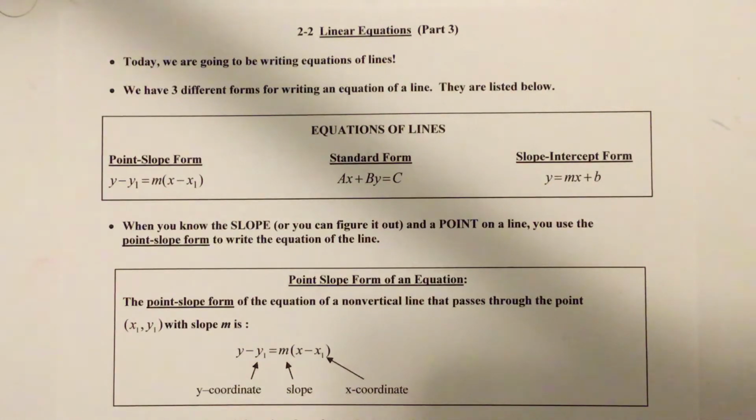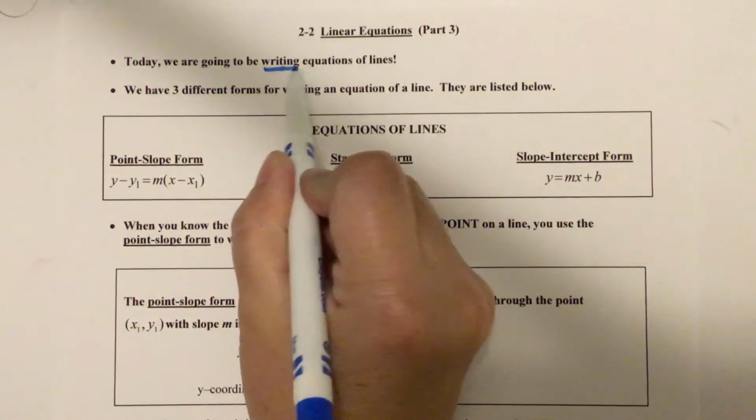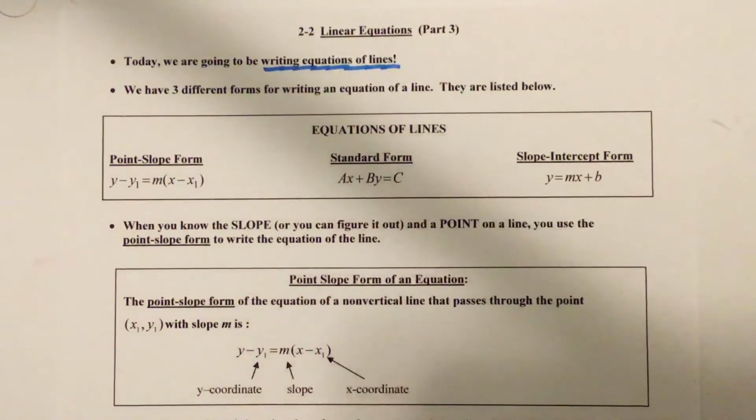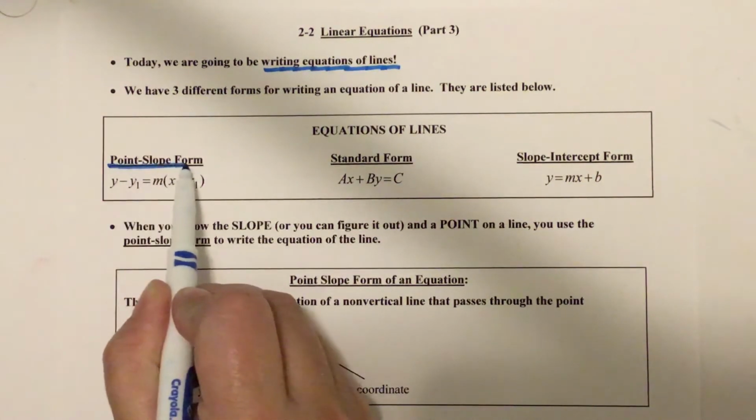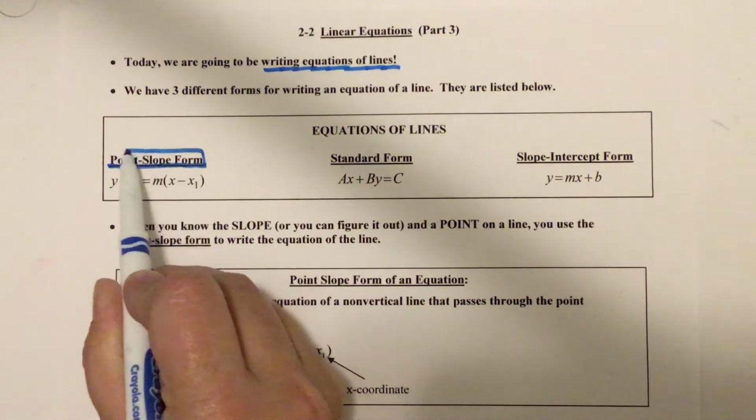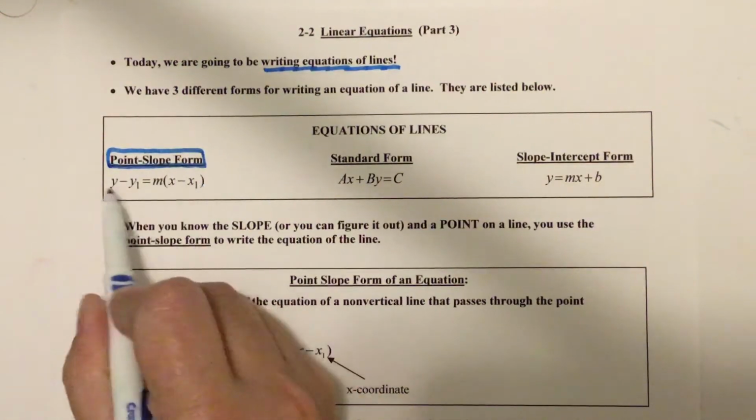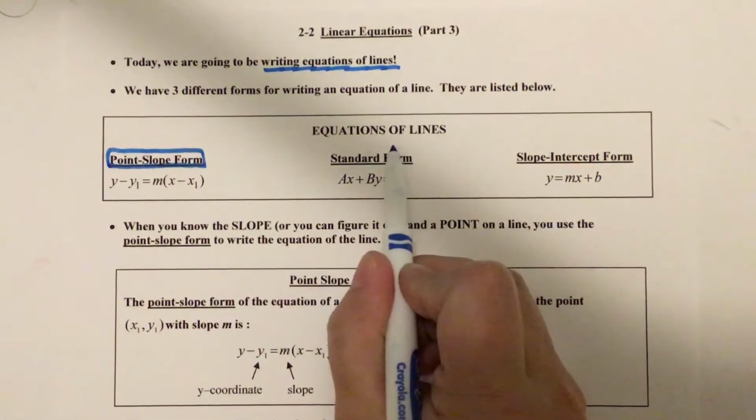In this lesson, we are going to start writing equations of lines. Okay, so I wanted to talk about these three different forms that we have. Point slope form, you've seen it before, but it's been a while. I'll explain this in a minute. Standard form,